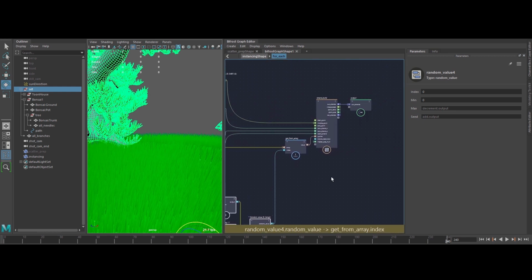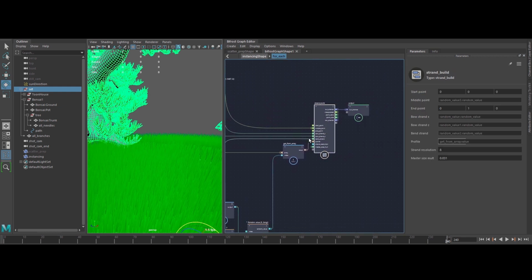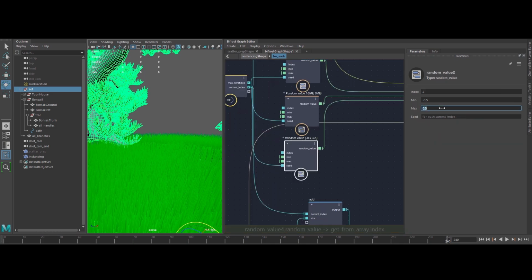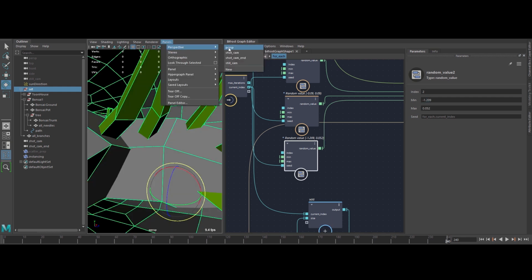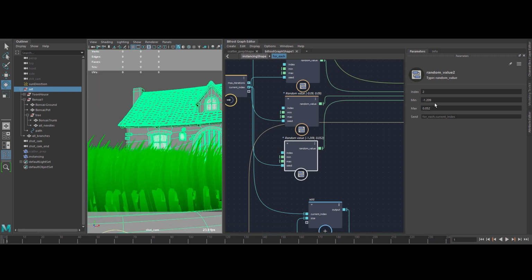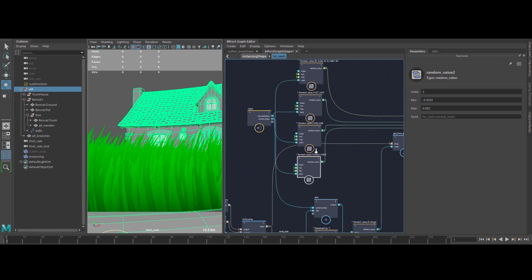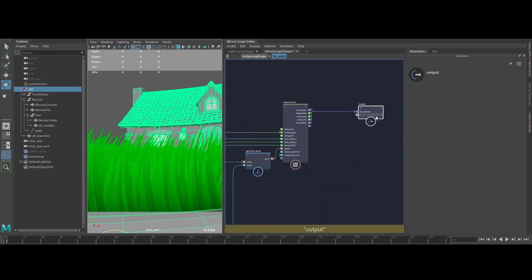So let's make that a bit smaller by changing the values on our bend strand. Let's make sure this doesn't quite go as high. Of course I can get a much bigger spread, but we don't want to get them too short. Check from the camera. So that's not looking too bad. It's a little bit overgrown. We can maybe change the master scale on everything, which would just be a matter of grabbing this